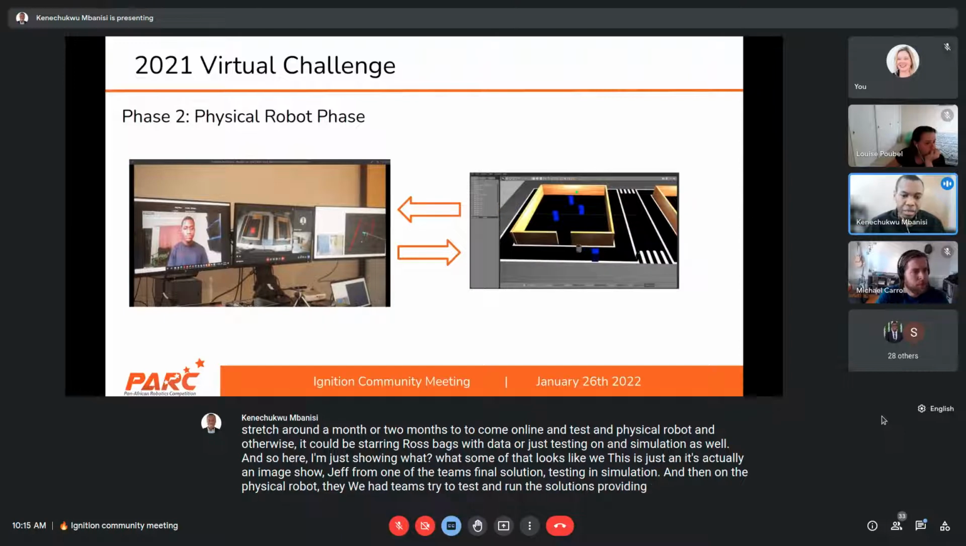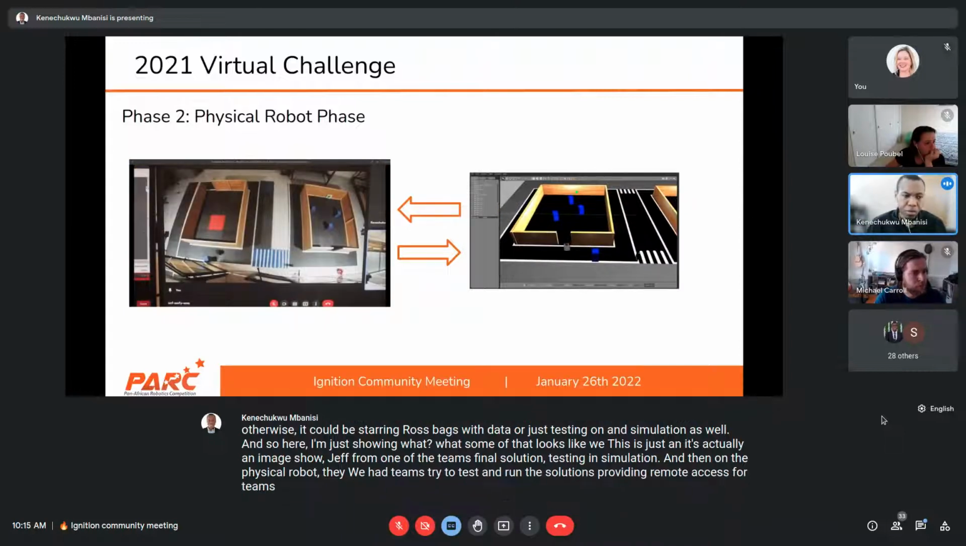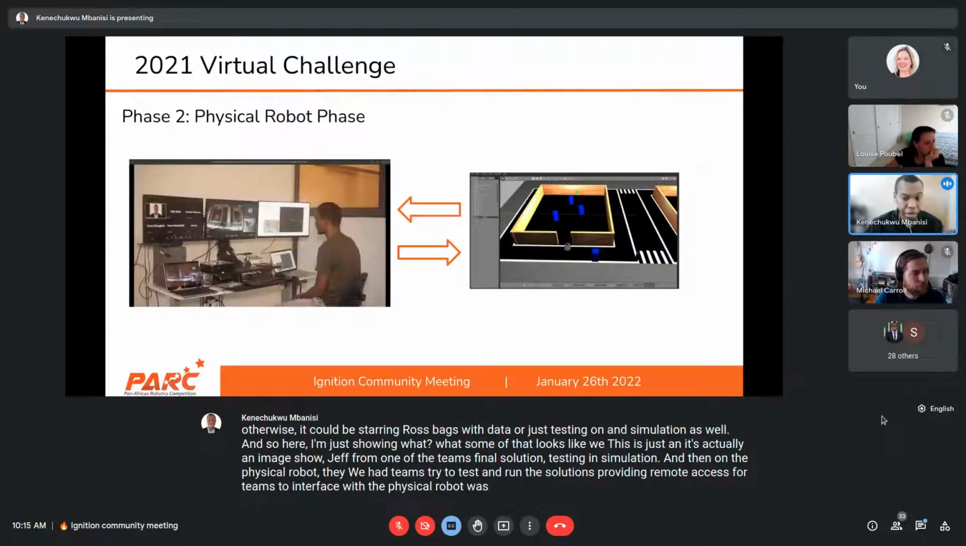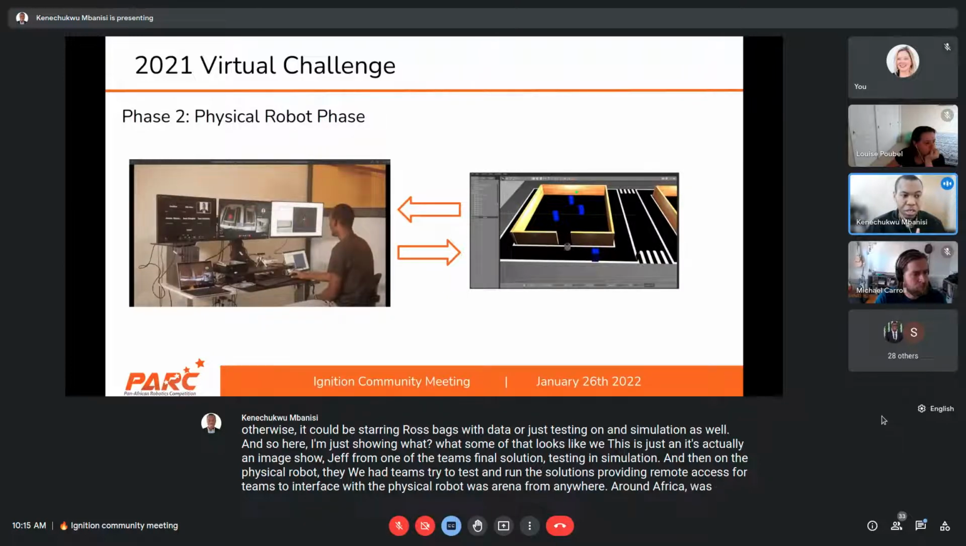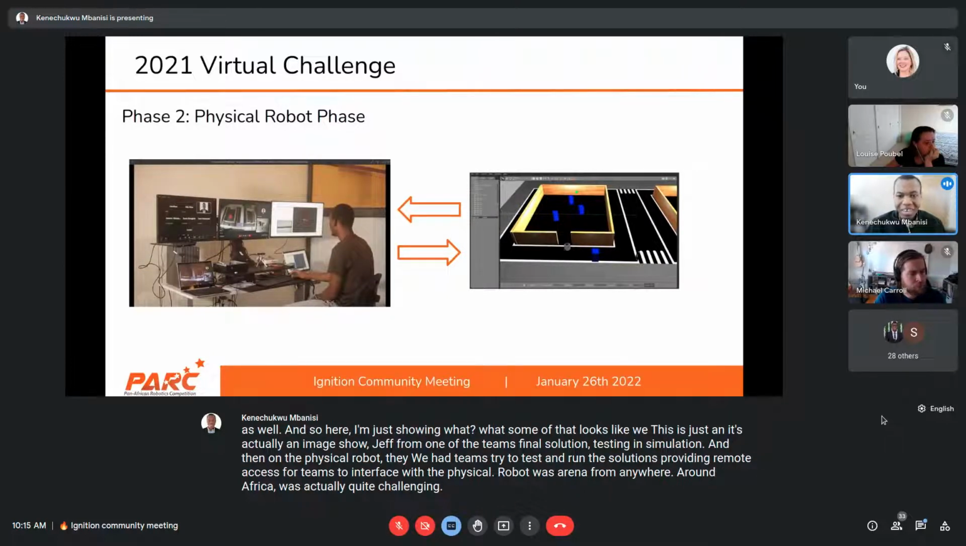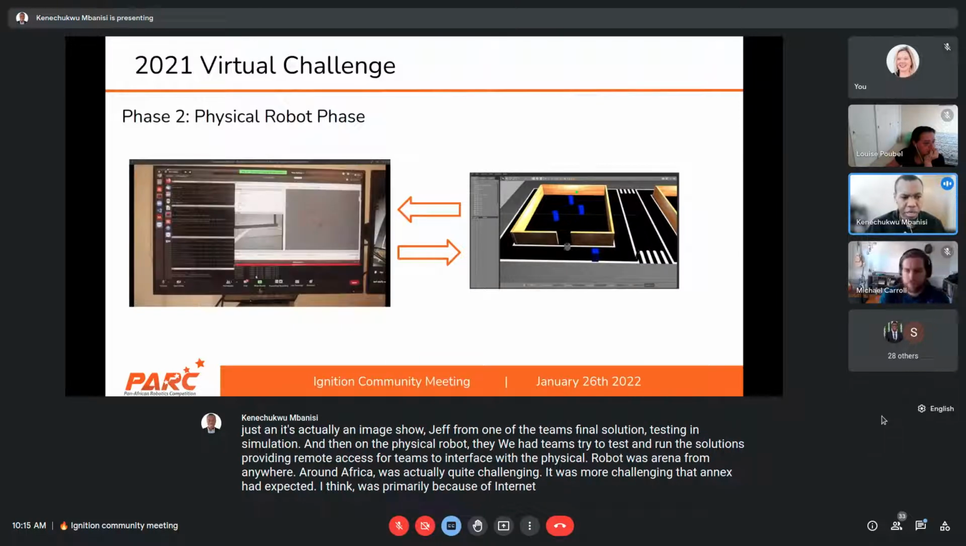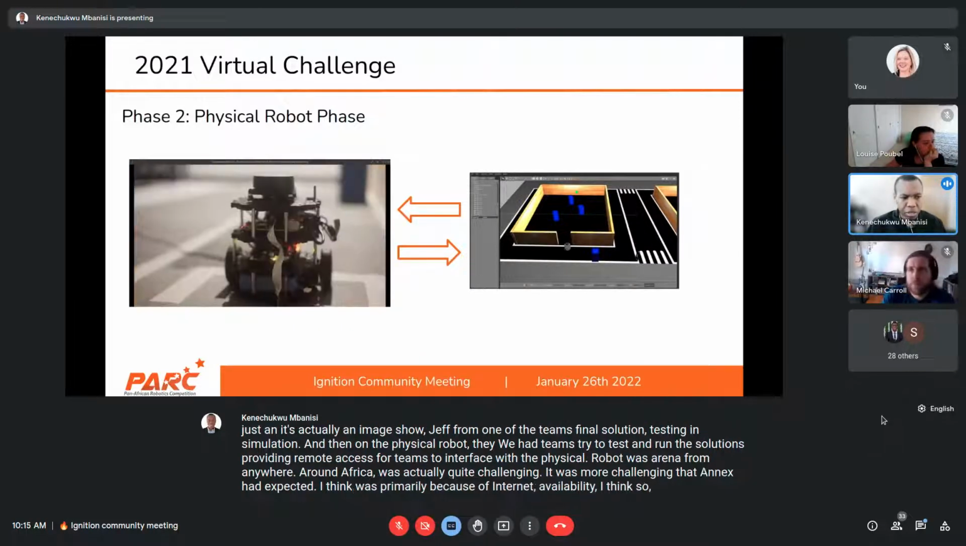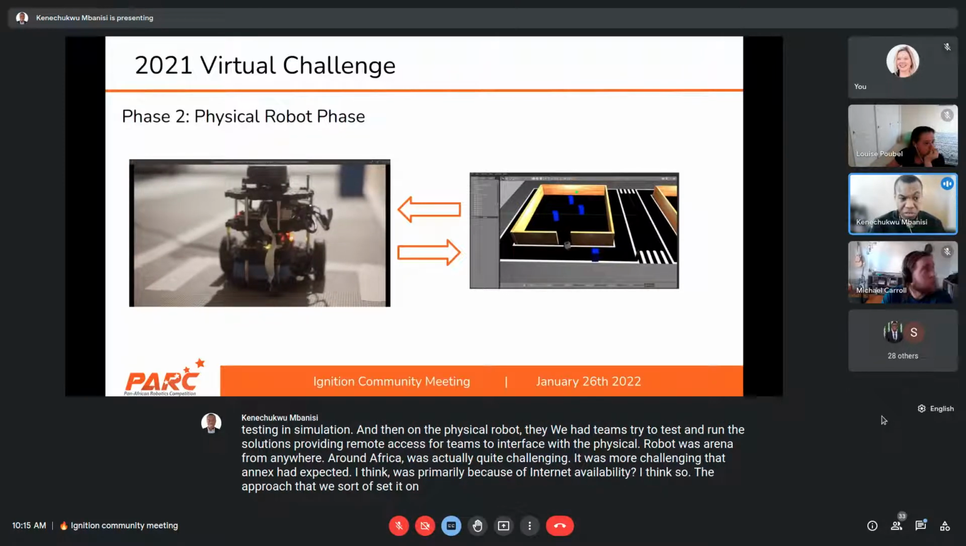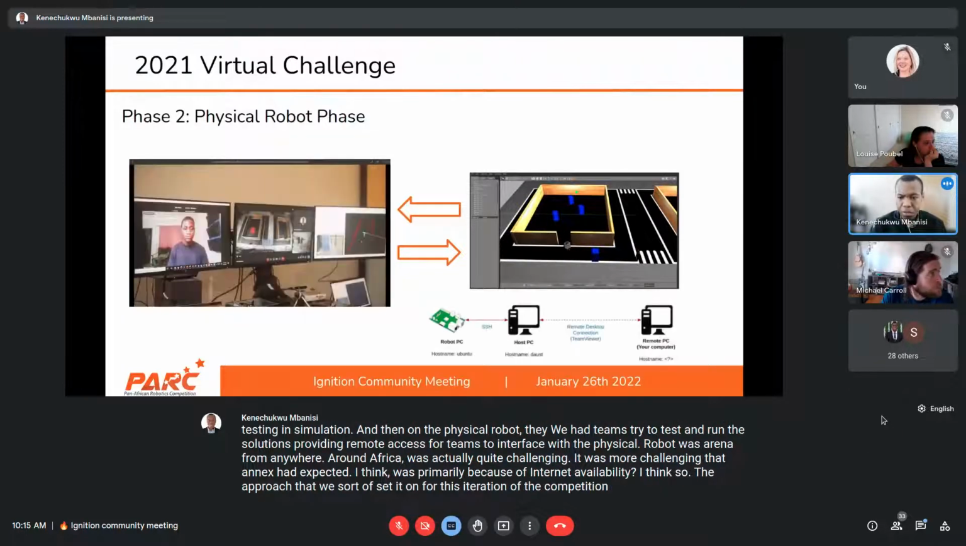Providing remote access for teams to interface with the physical robot, from anywhere around Africa, was actually quite challenging. It was more challenging than I had expected. I think it was primarily because of internet availability. So the approach that we sort of settled on for this iteration of the competition was as follows. So we had teams,